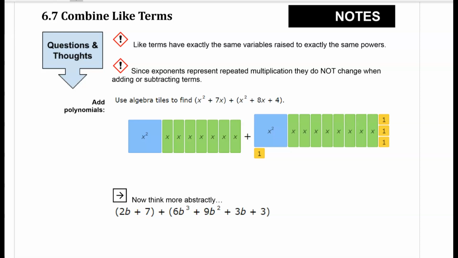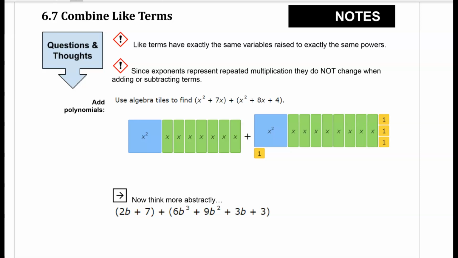In Lesson 6.7, we're going to transition from modeling with algebra tiles to add and subtract polynomials to recognizing like terms in an expression. There are two things that we really have to look out for when we're combining like terms. First of all, like terms have exactly the same variables raised to exactly the same powers. Only like terms can be simplified. The second warning is just a reminder that exponents represent repeated multiplication, so exponents will not change when we're adding